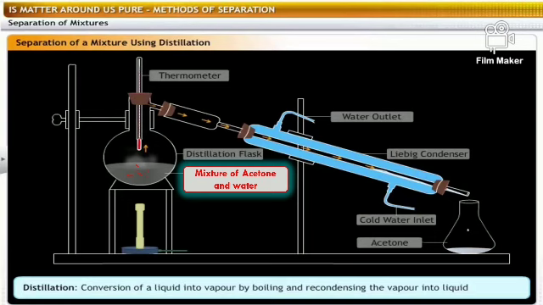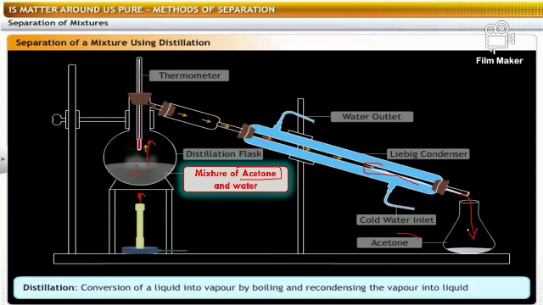So what happens when we start heating? इसको गर्म करना शुरू करें, राउंड बॉटम फ्लास्क को. So what will happen, the acetone has very low boiling temperature, so it will vaporize first. So the vapors of acetone will go up, it will pass through the condenser. As in the condenser there is an inflow and outflow of water, the vapors will be cooled down, converted into liquid, and the liquid is collected in the conical flask here.